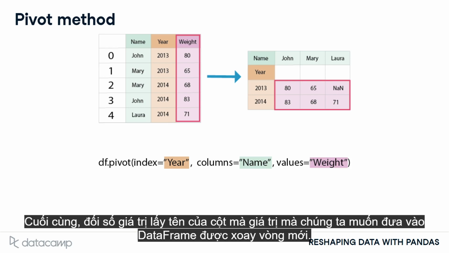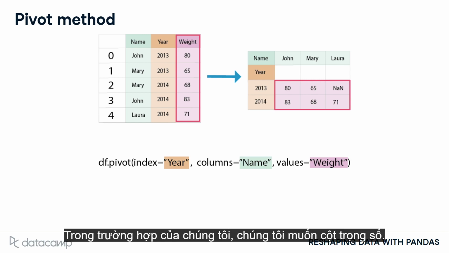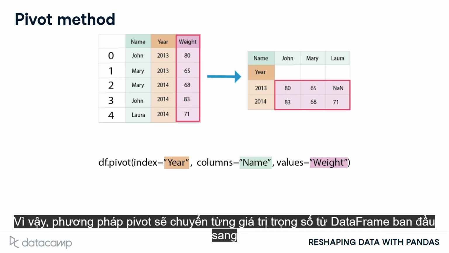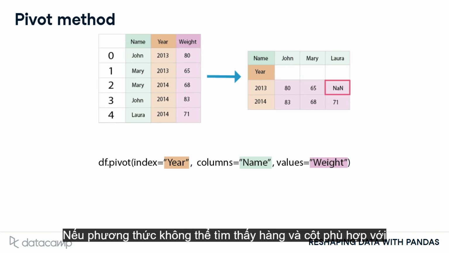Finally, the values argument takes the name of the column which values we want to populate the new pivoted data frame. In our case, we want the weight column. So, the pivot method will transfer each weight value from the original data frame to the new data frame, where its row and column match the year and name of the original data frame. If the method cannot find a row and column matching the original data frame, it will set that cell value